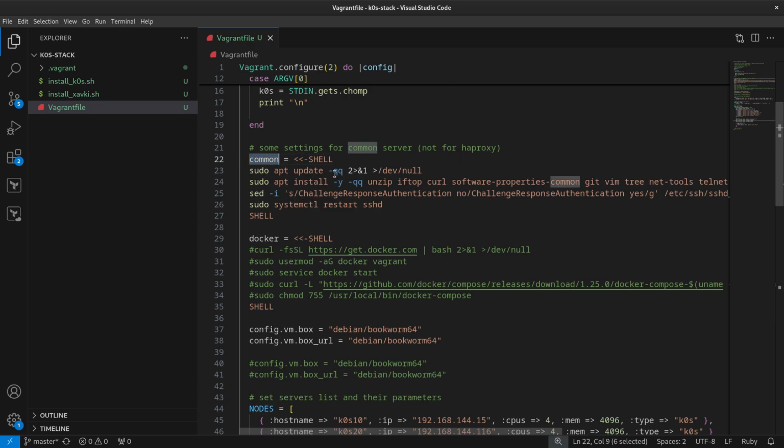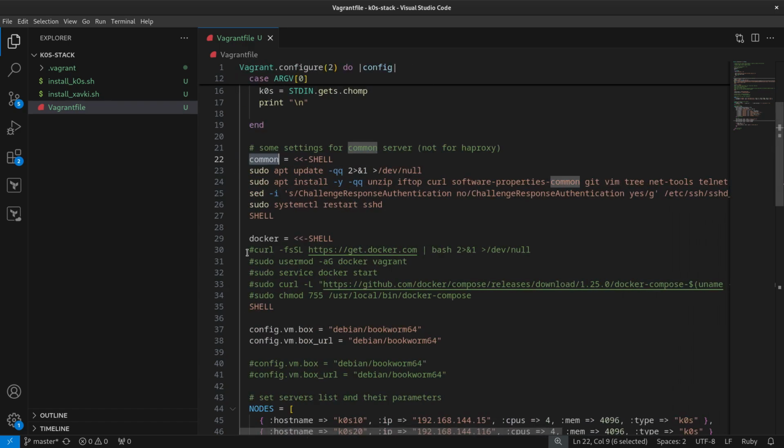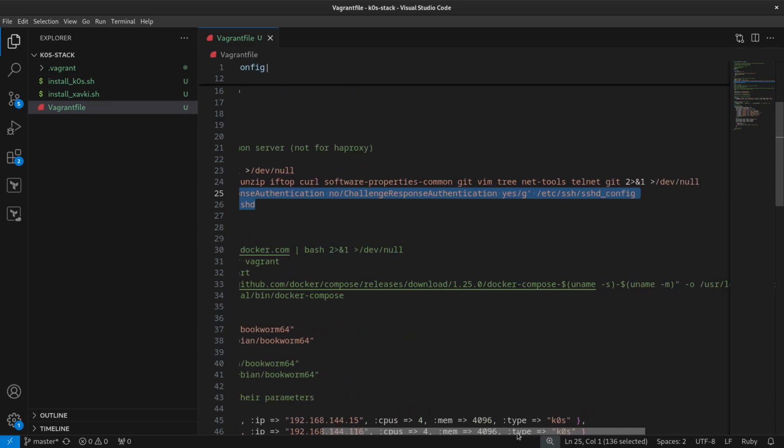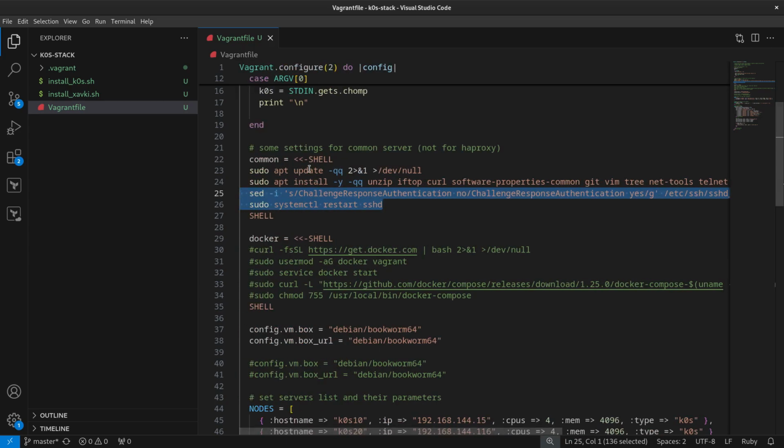So here I just apt update, apt install, and I want to install some stuff to have in our virtual server. After that, I just reconfigure my SSH so that, if I want to directly use SSH, not the vagrant ssh command, I can do it after the provisioning.